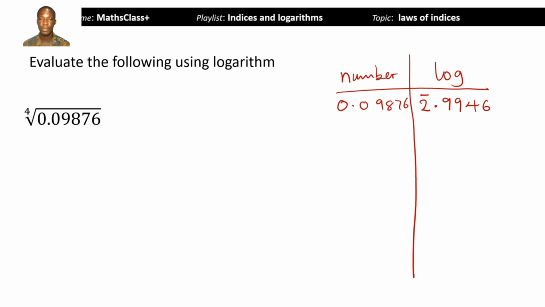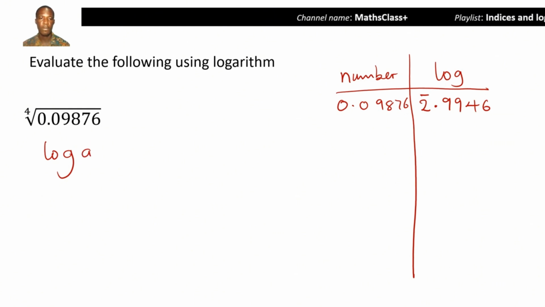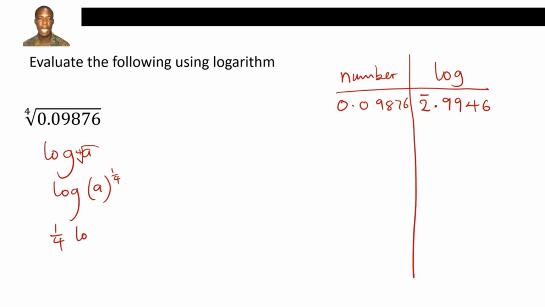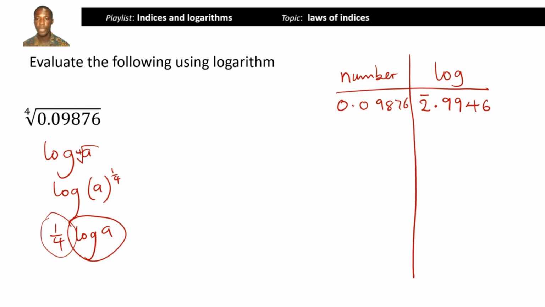9946. Okay. Now, after we have found this, let's remember that it is log of a value which is under the fourth root. So we are going to now change the fourth root into a to the power 1 over 4. And this 1 over 4 will drop to multiply log a. I hope you understand this. So now we are going to multiply the log that we have found by 1/4. And that means that we are dividing by 4. So what we have here is 2 bar point